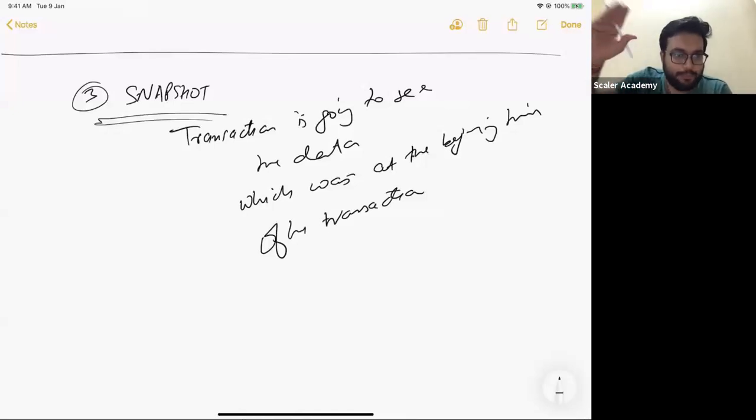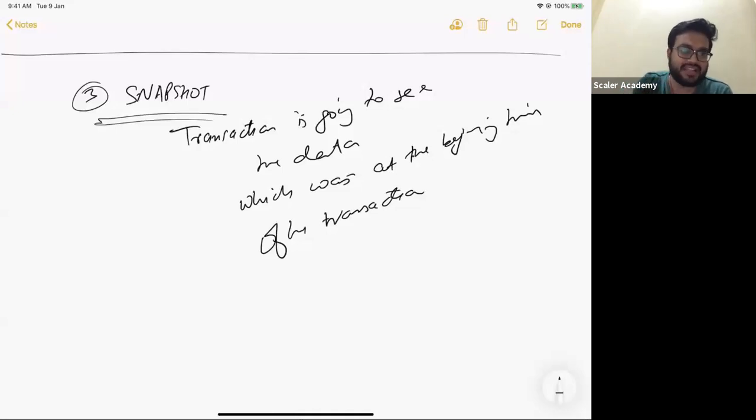The problem with the second approach can essentially be boiled down to saying that even if you are giving a guarantee that you are reading committed data only, the committed data can be different at different points in time, and the transaction can span a non-zero time. This is how you can mathematically put it. To resolve that issue, you just say that I am going to give you another guarantee that no matter how big your transaction may span, you are always going to read the data which was there at the beginning of the transaction. Does that make sense to everybody?